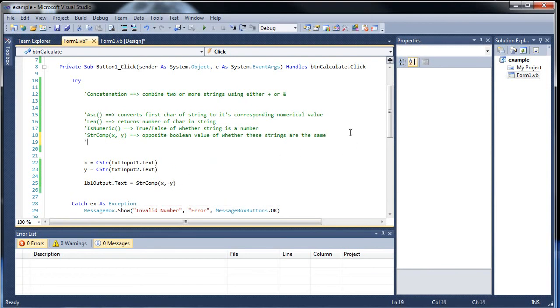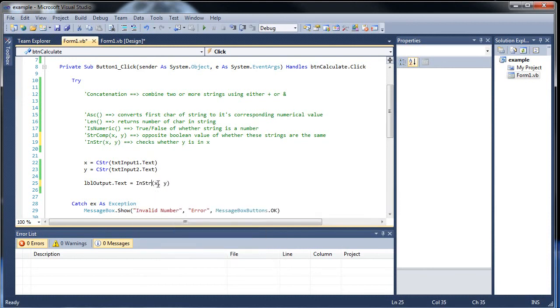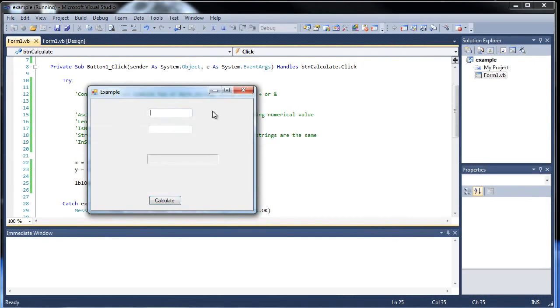So I'll put down InString like this, and it checks whether y is in x. So it's something like that. So in here I'll type in INSTR. There you go. I'll click save, and I'll build, and I'll type in something, I don't know,